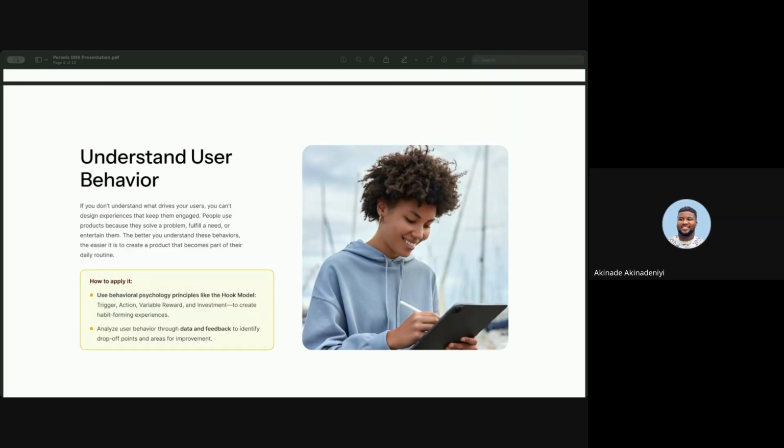It's all based on the behavioral psychology principle called the hook model. It's called the hook model: trigger, action, variable reward, and investment. That's what I just explained using the Instagram ideology. So they send you a trigger, which is like a notification to get you to come back. Then you perform an action by clicking on it. When you do that, the variable reward is they now show you something you would likely want to see. And then the investment part is you probably like or you comment.